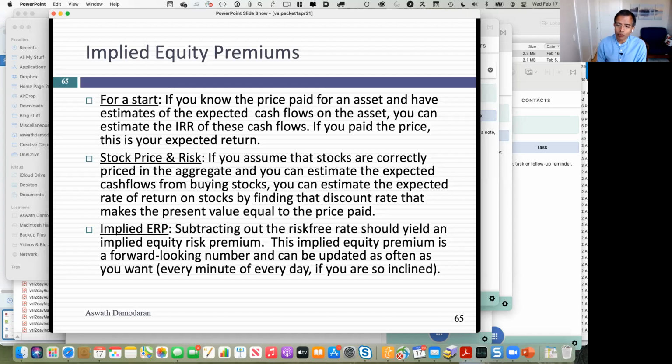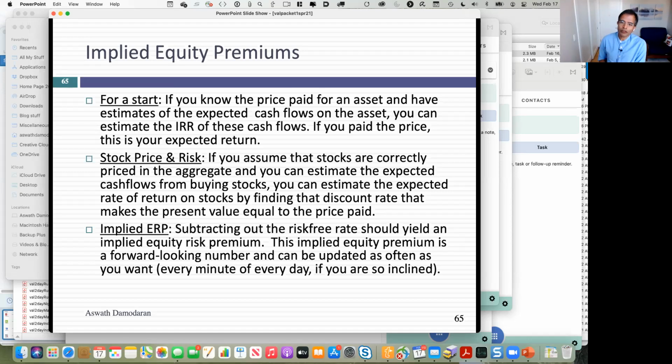When you tell me what you pay for an asset, you've told me what your equity risk premium is, right? What you demand is an expected return. Because I can take the price, I can take the cash flows. So with the bond, you know how this plays out? You tell me the price of the bond. You give me the cash flows, I can compute a yield to maturity. We do this all the time in the fixed income market. It's based on promised cash flows, but it's based on future cash flows and what you pay today.